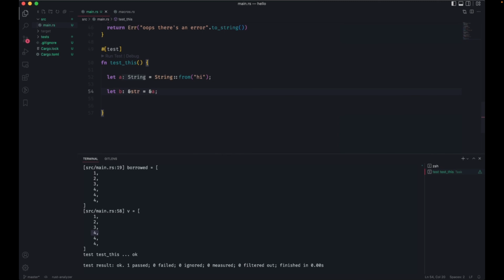This is an annoying thing about Rust, but you just get your head around it. String is the owned object in memory. Ampersand str is the reference to that string.